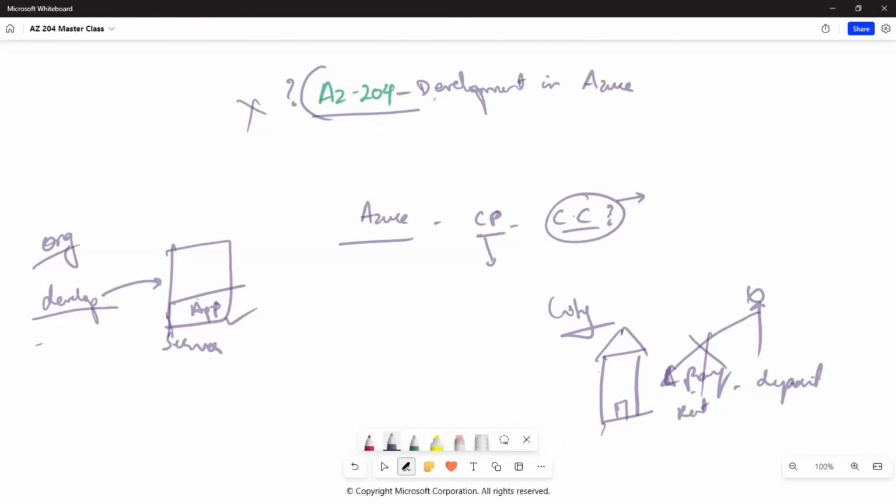So that's the same concept that we have in cloud computing. Cloud providers have these servers laid out, have different sets of applications and different sets of services laid out, and they are providing those services.